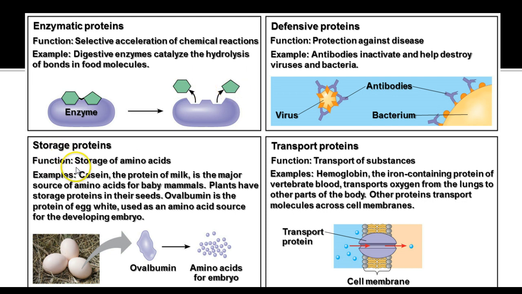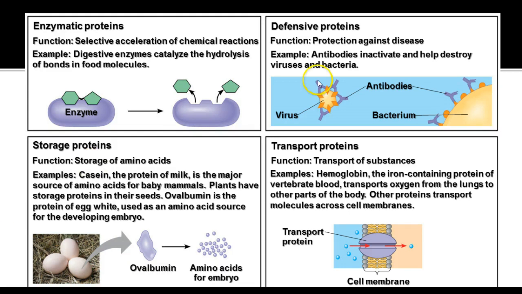There are storage proteins that store amino acids for developing embryos and young offspring. Casein, which is the milk protein, is the source of amino acids for baby mammals. The plants have storage proteins in their seeds. Ovalbumin is the major component of egg white, which is the source of amino acids for the developing embryo inside